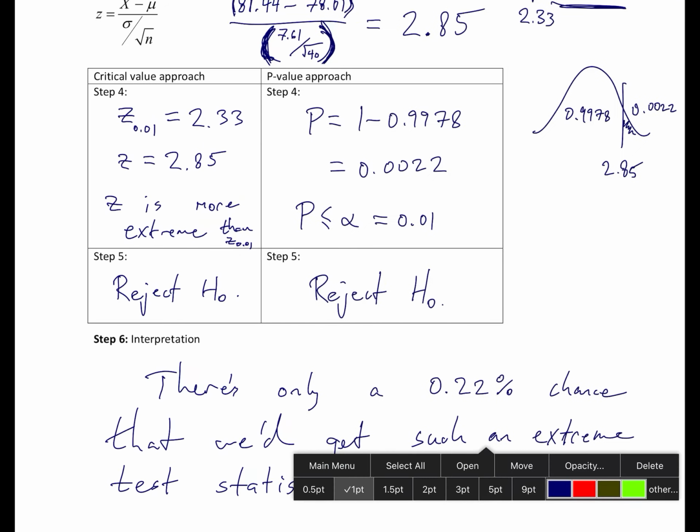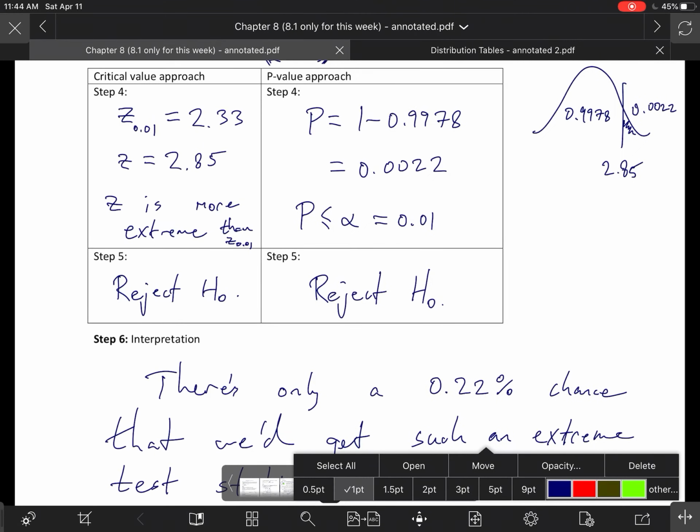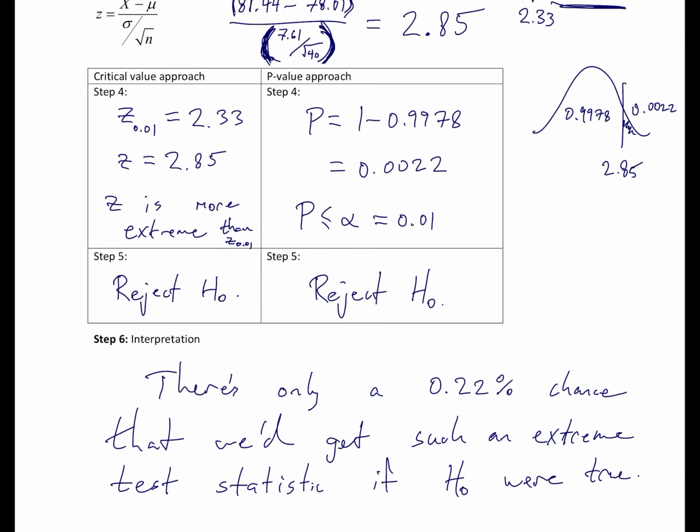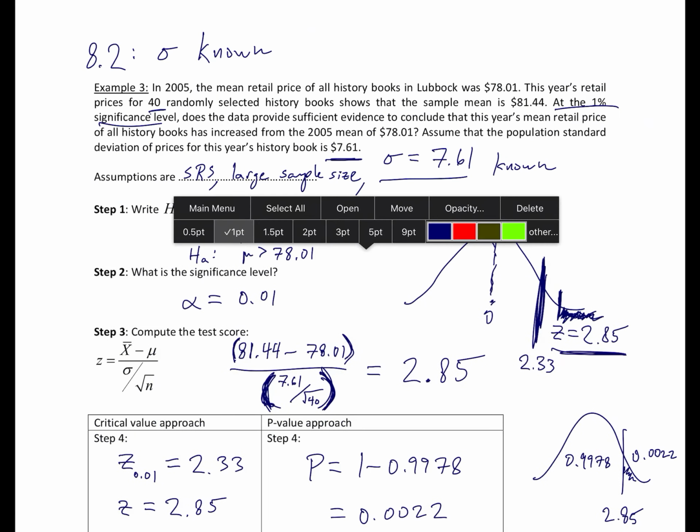So that's how we complete the problems from section 8.2. Next, we're going to talk about problems in section 8.3. The strategy is going to be exactly the same. It's just that in 8.3, we don't necessarily know the value of sigma, which is the population